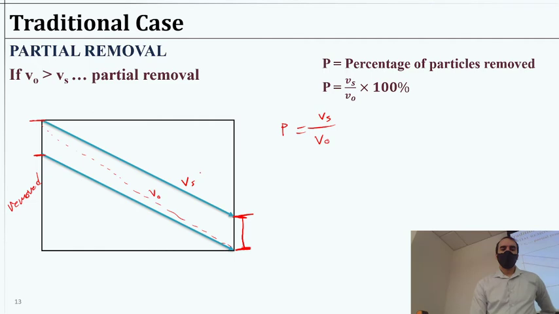If we take that ratio there, what we're doing essentially is, I'll define this as the height of the particle, the particle that was settled for the Vs case. So Vs being the height of the particle that was settled,